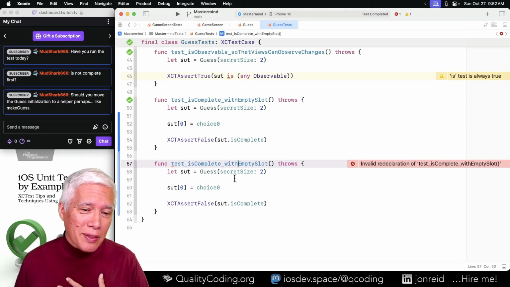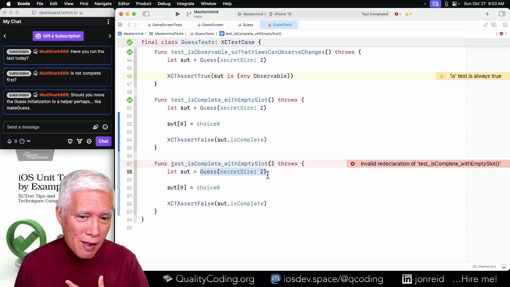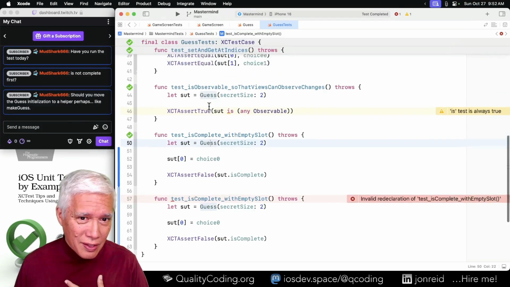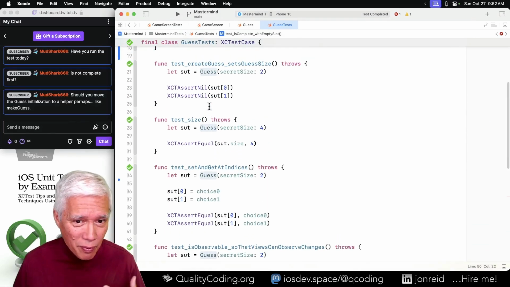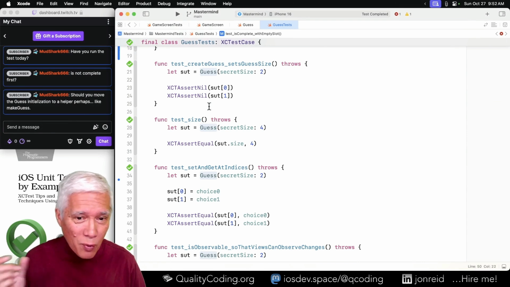Do we abstract the creation of the guess right now? The advantage of doing that is if and when the guess initializer changes so that we get more parameters, then hopefully we can just fix that up in one place.